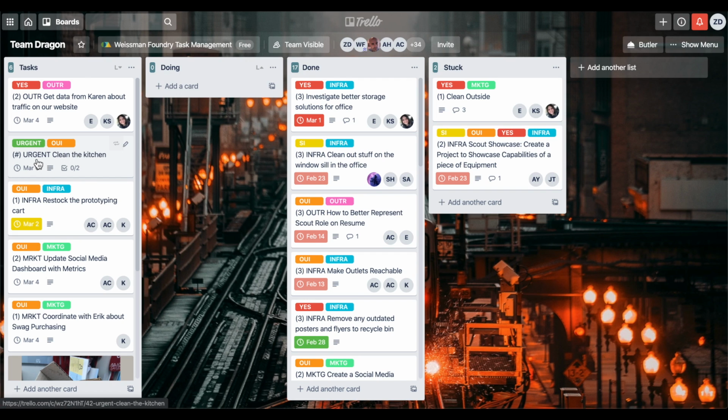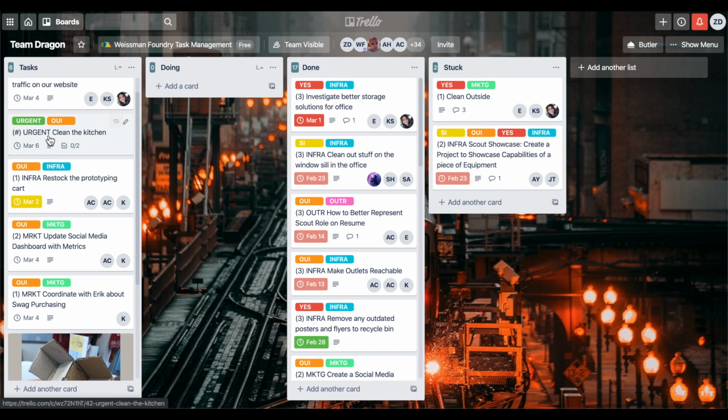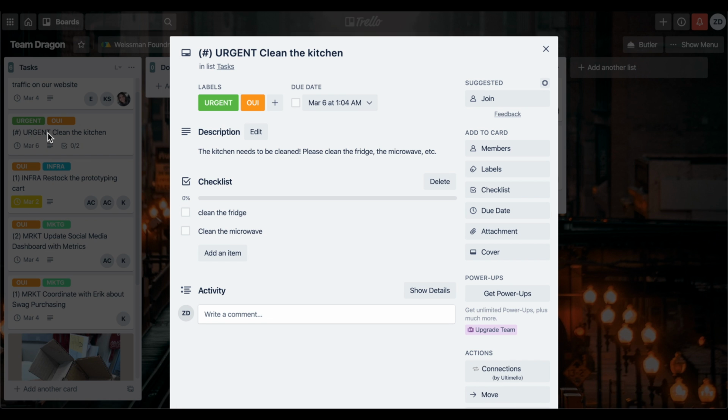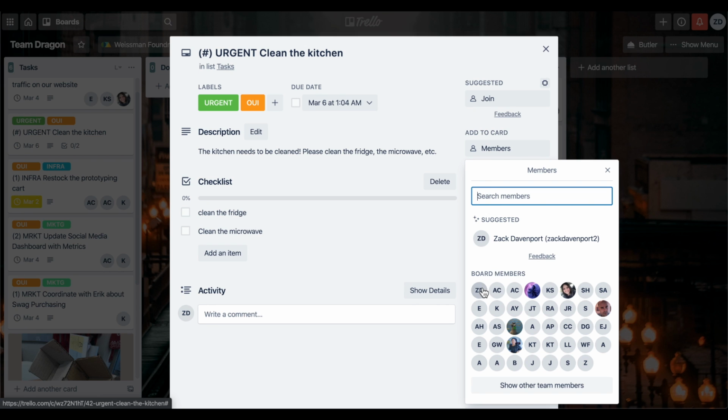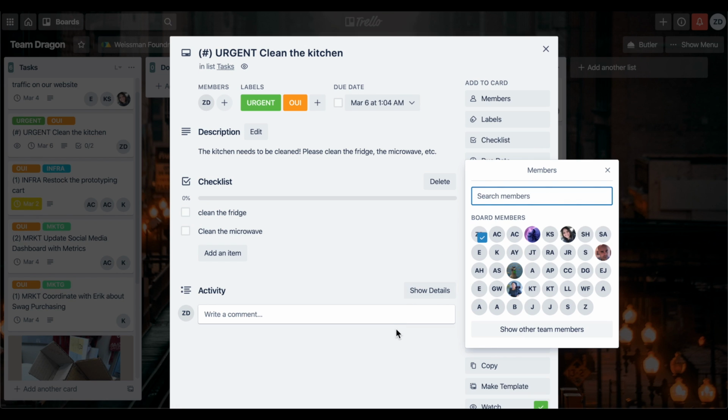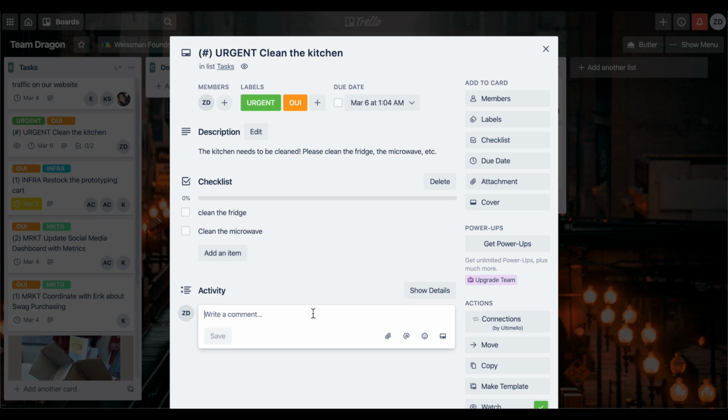There it is. Awesome. So we have this urgent task, and when somebody starts working on this, they can add themselves to the card as a member. So I could start working on this. I would assign myself to it, and I can write a comment on this card just saying what I have done so far and give updates for anybody who's following this task or anybody else who wants to check in on progress. So I could say, for example, started this today,